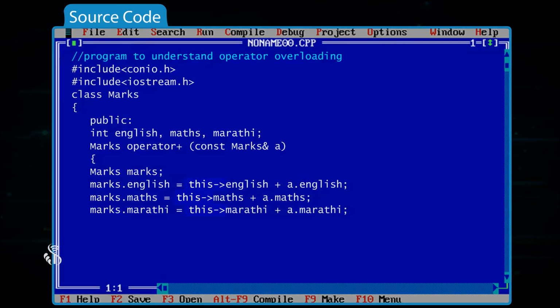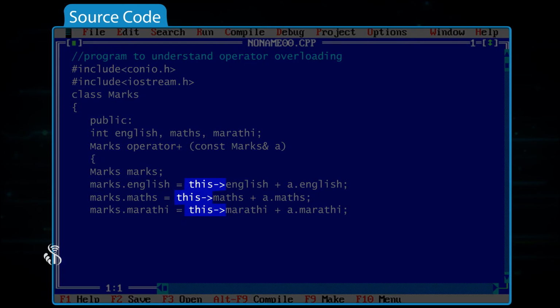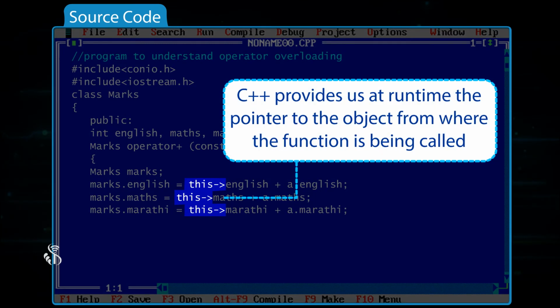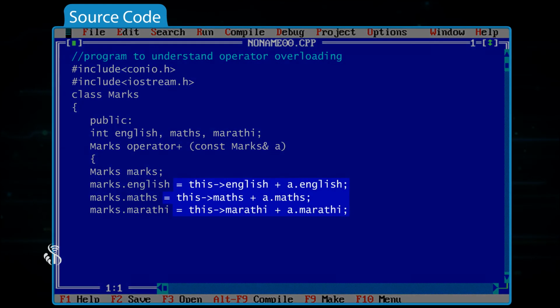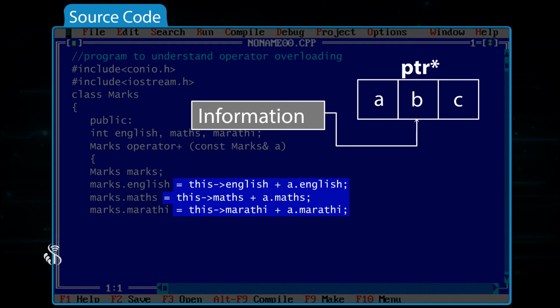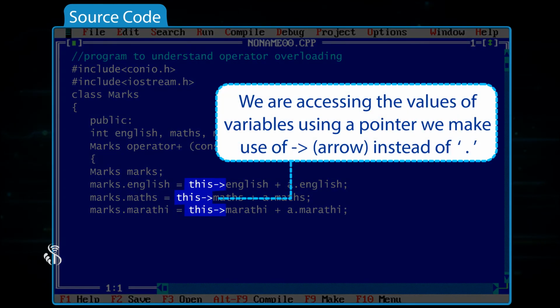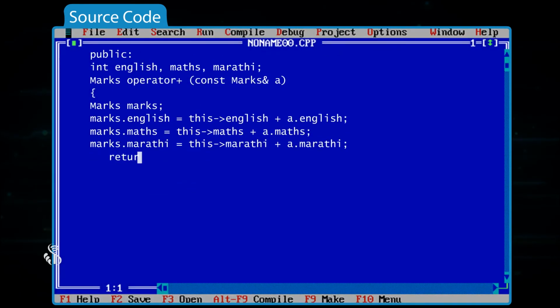You will notice that we have used this arrow for the first time in this piece of code. This is a keyword. Whenever we say this, C++ provides us at runtime the pointer to the object from where the function is being called. We have already seen previously that the pointer provides us the address of the location where the data is stored. Whenever we are accessing the values of variables using a pointer, we make use of this, that is, an arrow instead of a dot, as we use with an object. return m; };